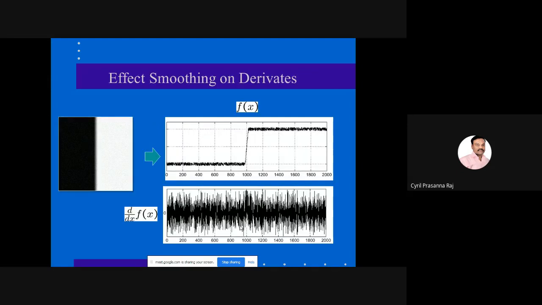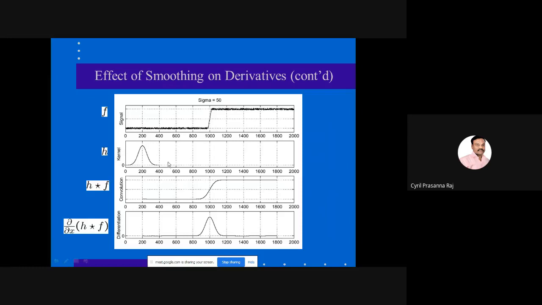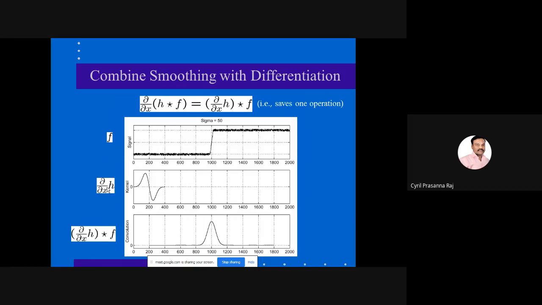So it is actually represented like this. If you have a function f of x, this is your f of x. If you differentiate your function f of x, again this will be just like a noise. And now you are actually performing using a kernel edge. You are convolving f with edge, and when you convolve f with edge, whatever edge is available here, you are able to identify that edge. It is actually a convolution operation that is basically being done. If you do a second derivative, you may find that there is an edge available here, because your kernel is now dh by dx. This is to identify zero crossings.